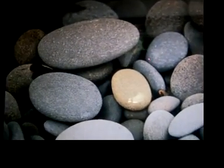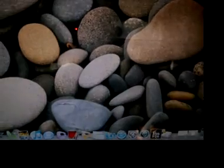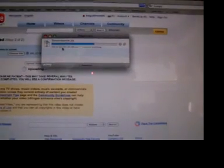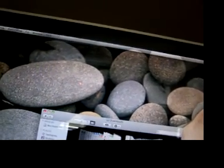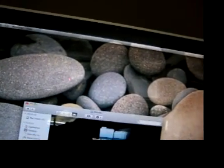But the second link will go to this, and you just go up here and click download, and it should download. And then for the first link, you click on it and it should automatically start to download. And I already have it, but yeah, it should automatically start to download, and you can go to your downloads, double click on the zip folder, and then I already have it, so I'm gonna go to it, and you